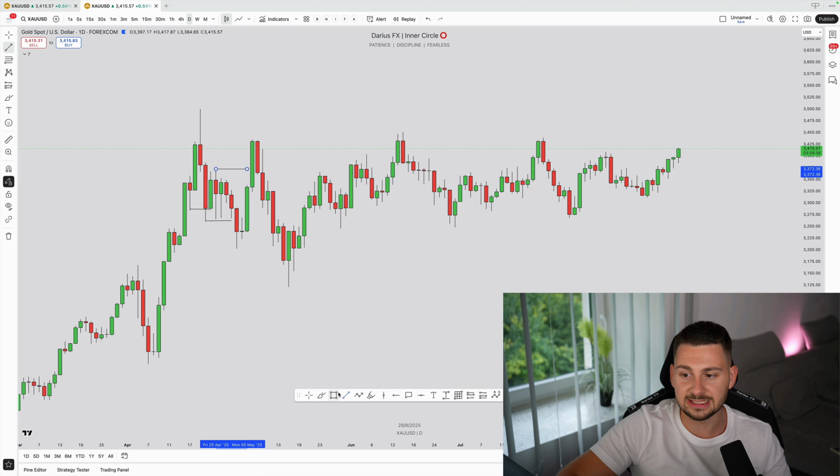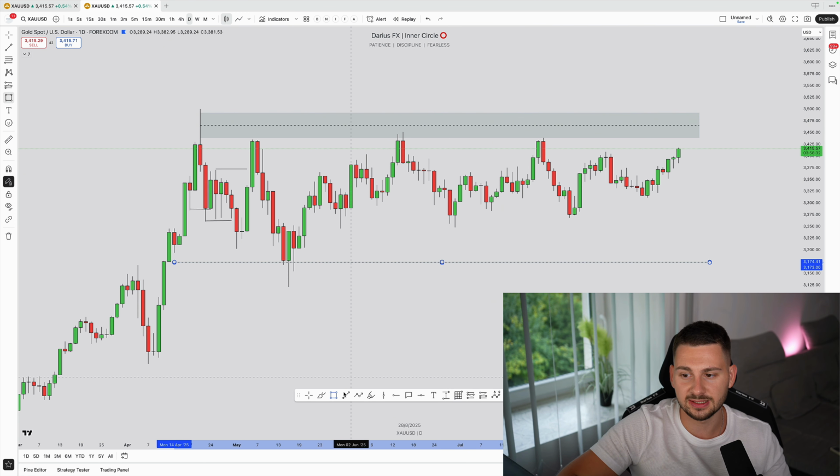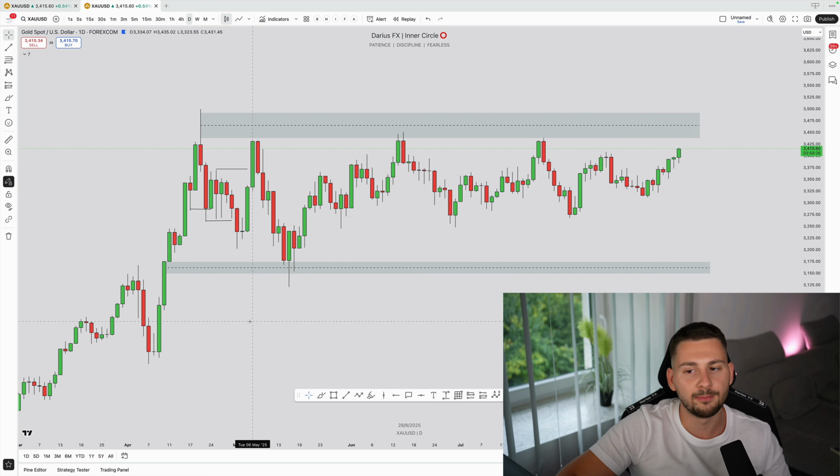This is because it's in a range here, right? This is why gold is not so easy currently to trade, because it's the entire time in a range, right? As soon as we break out of this range, trading will be so easy in gold. It's going to be so fun every single time. But since it's in the range, it's a little bit more complex to trade, because basically it's fooling people, because market structure doesn't work the way it does.